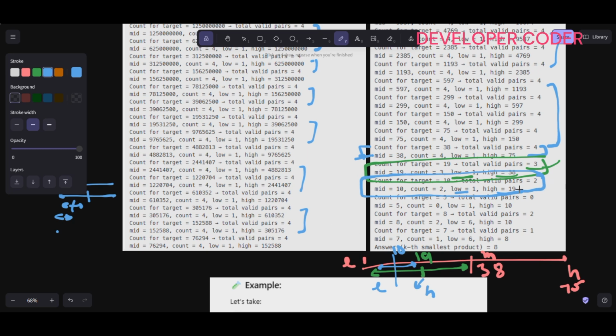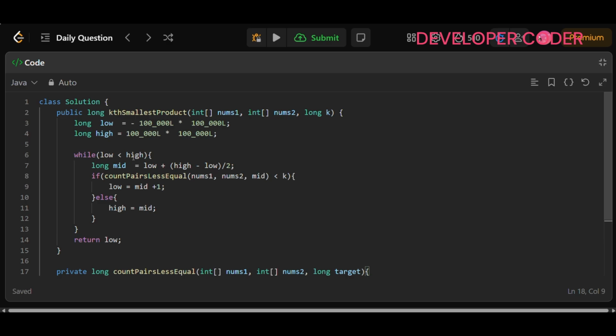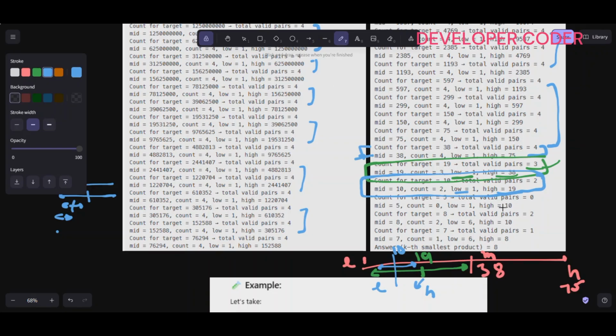But here I am again going to check further. Until when am I going to do this? Until low is less than high. So now here, until 10. I'm just applying the binary search on answer, right? Nothing complex here. So with this 10, again in this part I'm going to check. So next time low is 1, high is 10, mid is 5. With 5 we are getting 0. That is bad. We need to